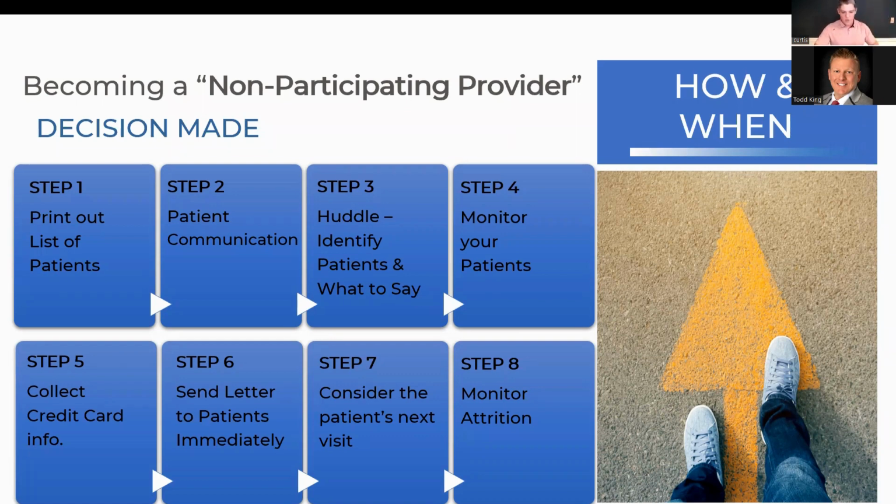We do this in Google Sheets, and we flag them as green is a go, yellow is potential staying, and red is they just said they weren't having it and they're probably going to be out, right? You always pre-appoint all of them, and every morning, you want to have a huddle with your team about the